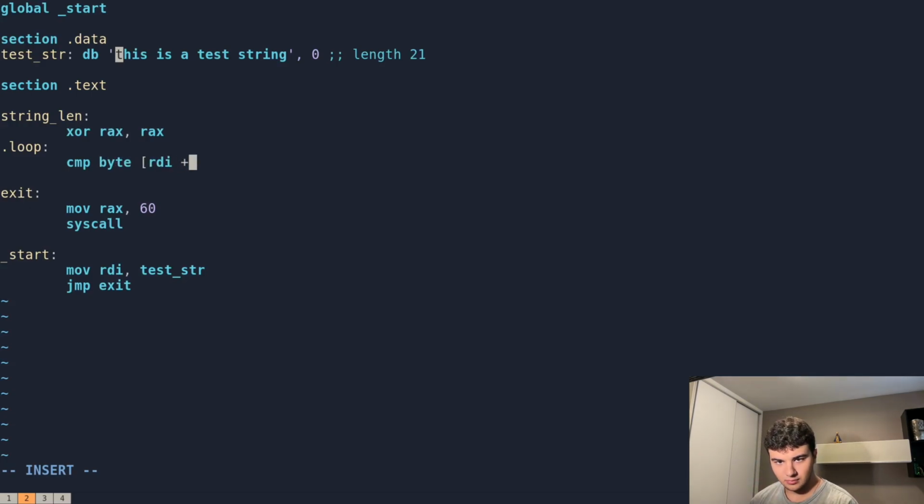plus RAX. Why do we do that? Well, since RAX is 0, in the first iteration it won't change. But since we're going to increment RAX every time until we find the null terminator, this will help us move through the string. And we're going to compare this to 0, because when it's 0, we're going to quit because we already found our value, right? Okay, so